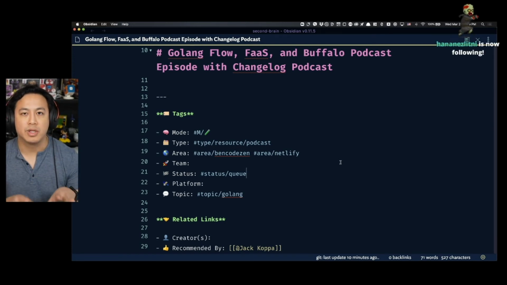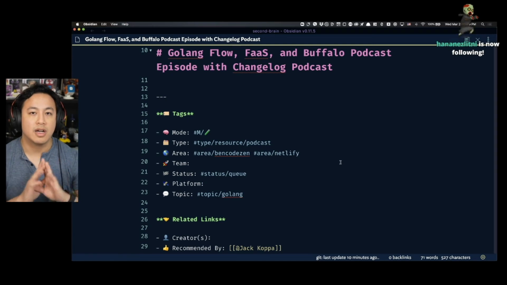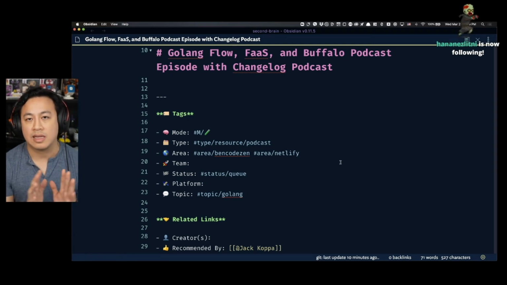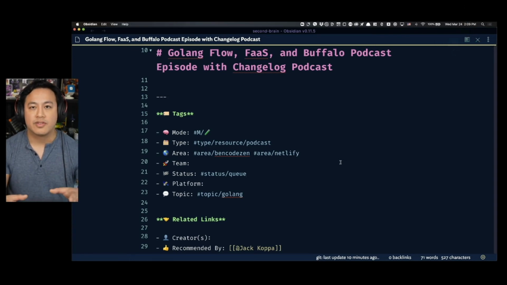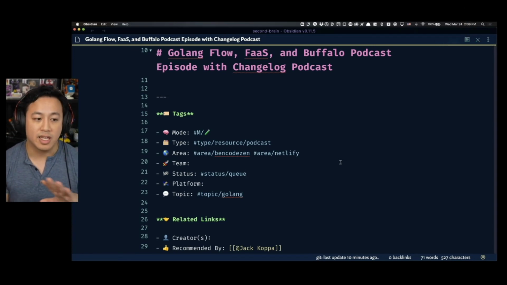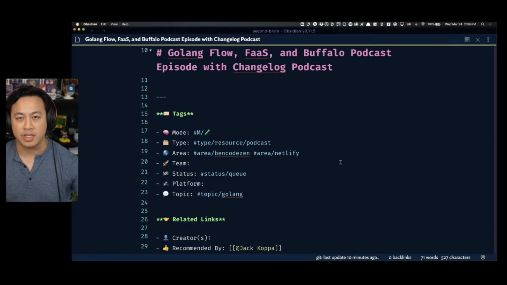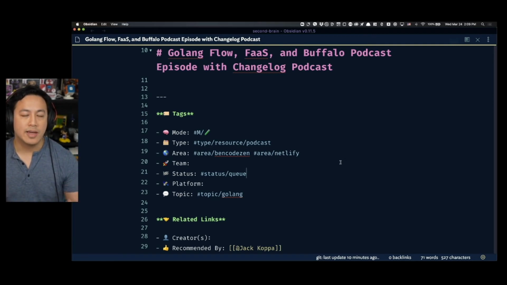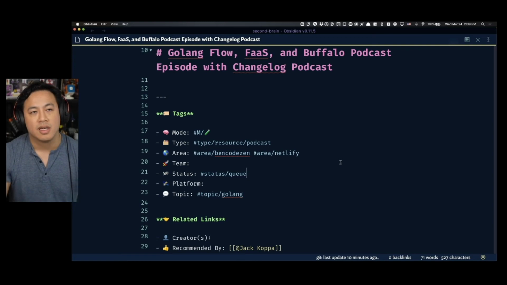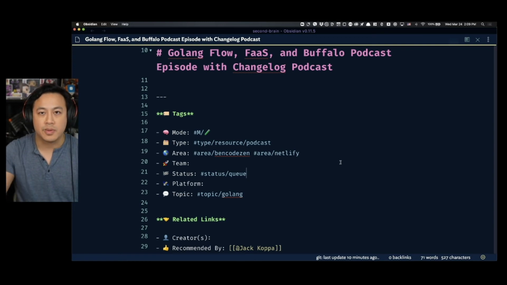Which one will have the most impact on the kind of life we're trying to build? In this case, for example, Golang impacts me on the Benko Zen front, and it actually does help my work at Netlify. So between that and, say, me learning an obscure programming language, which would be a lot of fun,